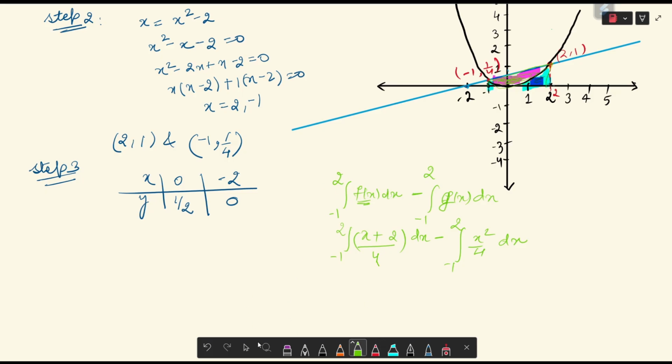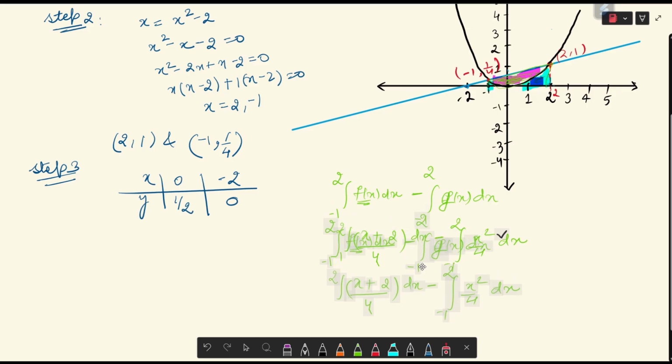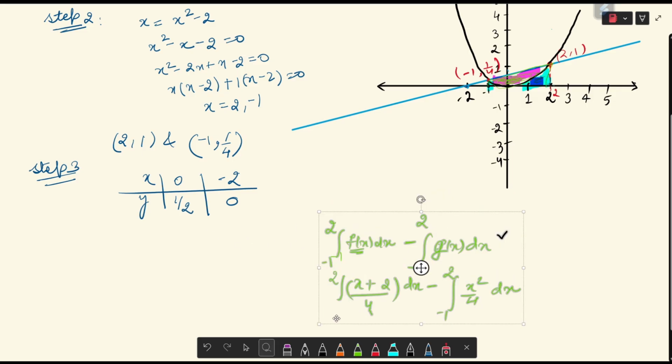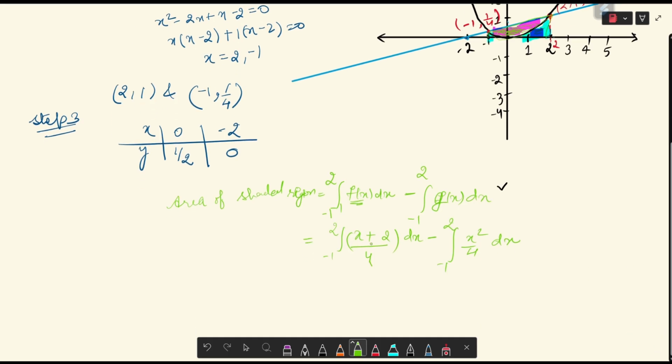So let me write it. A little bit downwards. Area of shaded region equals to this one. Okay, so we need to calculate this integrals, and then we will be able to find the area of this shaded